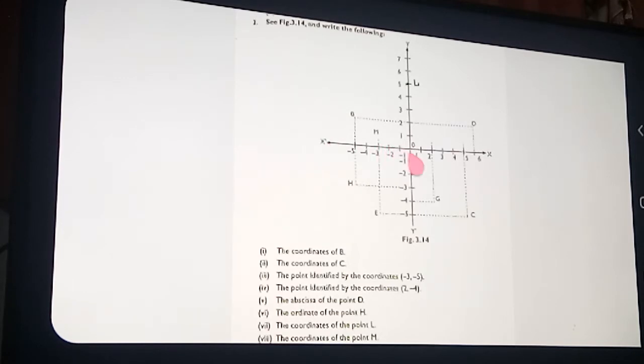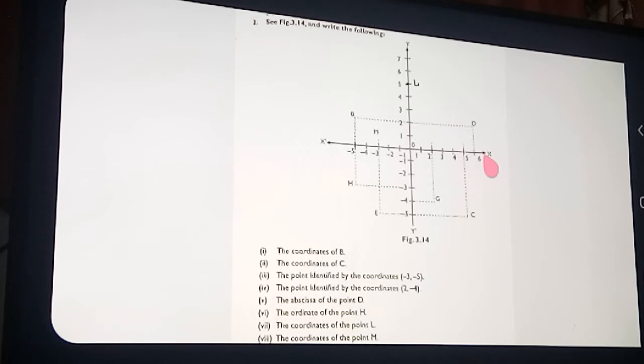If a point is on the x-axis, its y coordinate is 0. For example, I will mark a point here. Which point is it touching on the number line? -5. So what is its coordinate? How do we write the ordered pair? -5, 0. Because the y coordinate does not exist, since it is not moving upward or downward. Only if it is moving away from the x-axis will a y coordinate exist. Did you get it? Once more.